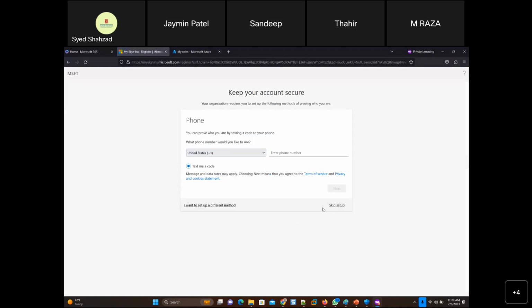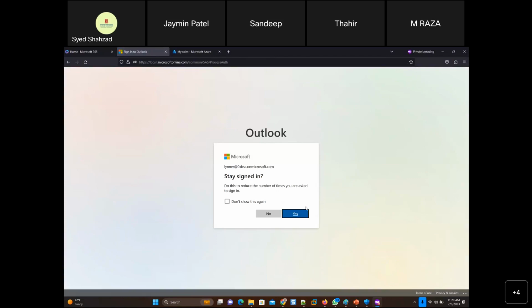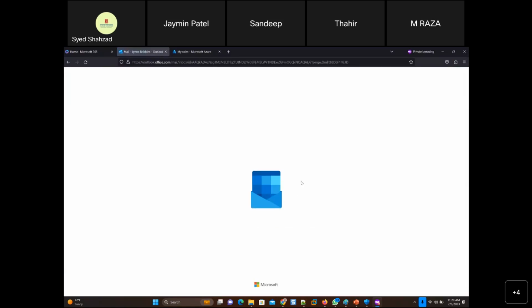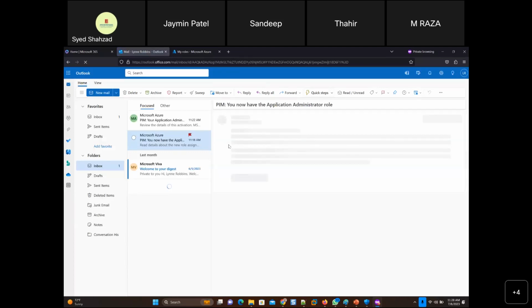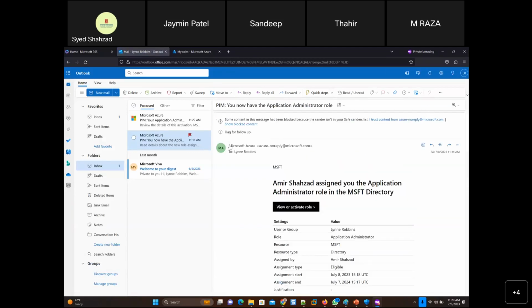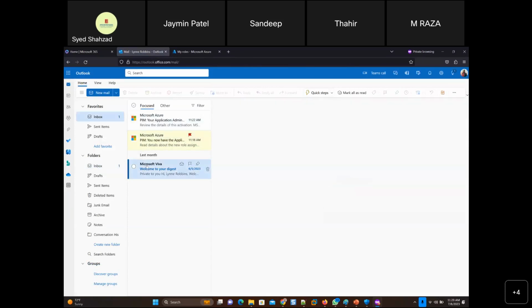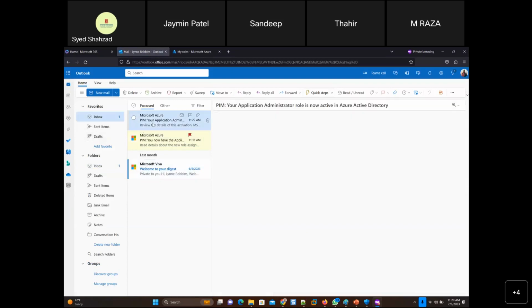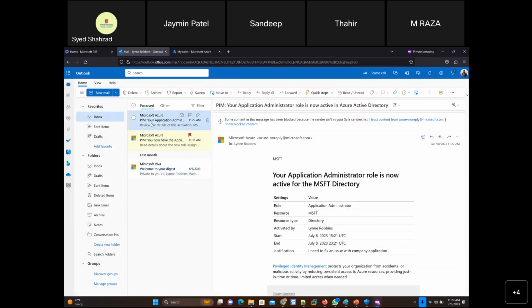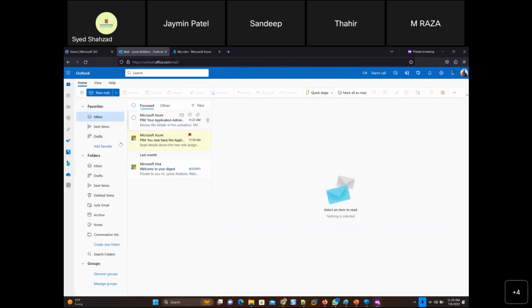Skip setup. Stay signed in, no. So it's a one-time review, but the email of the review is not yet here for the second user. It should come the first time at least.